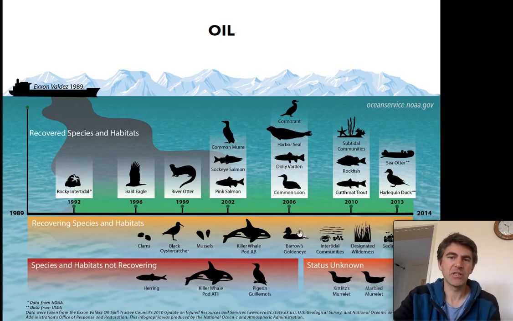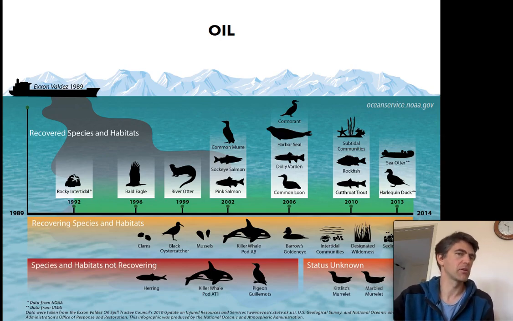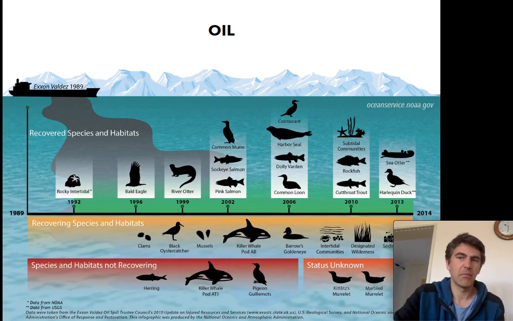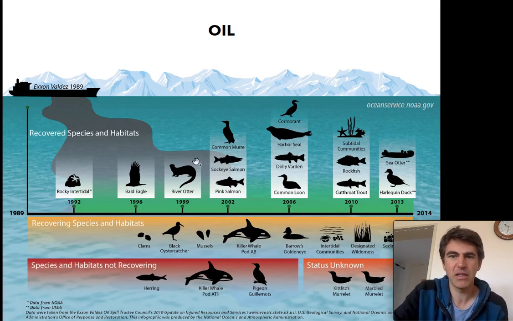and interestingly, less than 10% of the oil that spilled at the time was actually recovered. So the vast majority of the oil that went out into the environment basically stayed there. And some of that oil still has not been sort of biodegraded up until today. So it has had a major effect. We can see a timeline here, how initially there has been a major effect on lots of things. There are some species and habitats that have since then recovered.